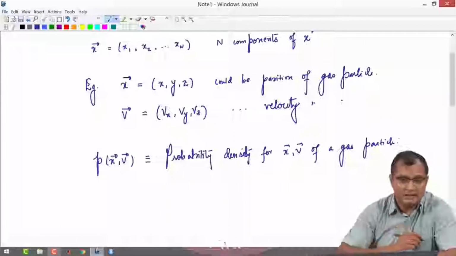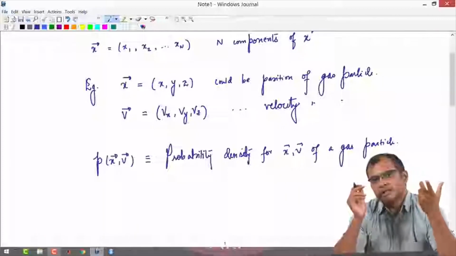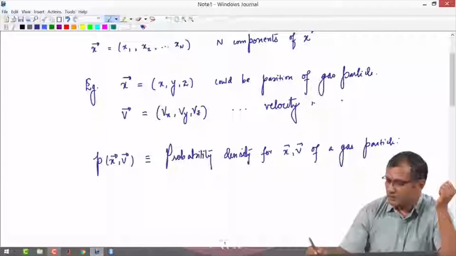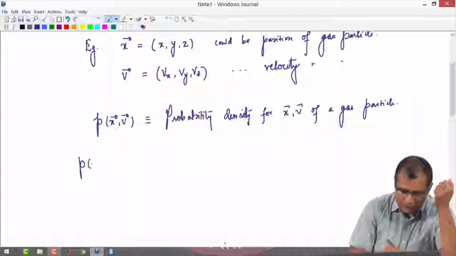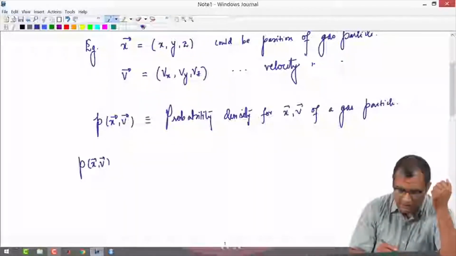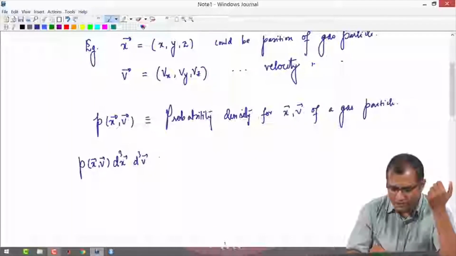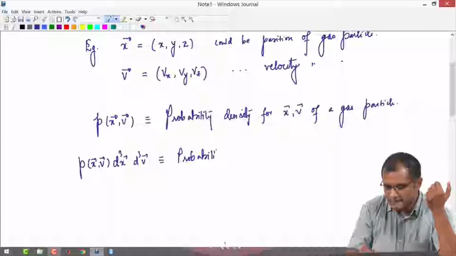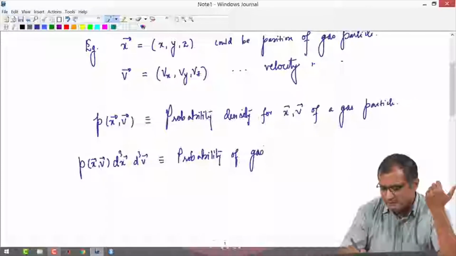This simply means that if I want to know the probability of finding a gas particle in the neighborhood of some x, v, which is the position and momentum in this room, then I simply have to compute P of x comma v into d cube x into d cube v. So this will give you the probability of finding a gas particle